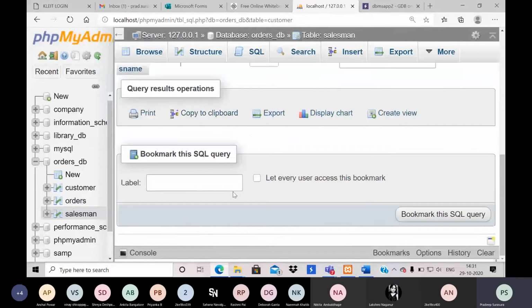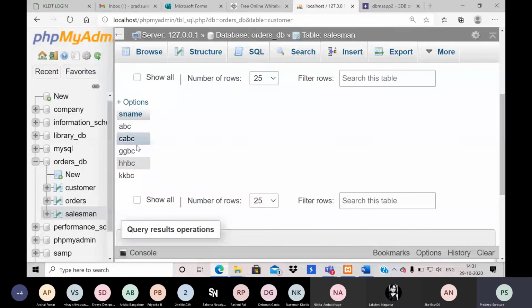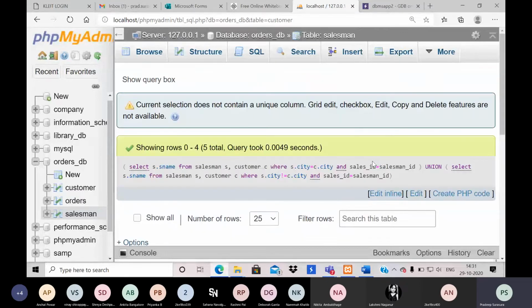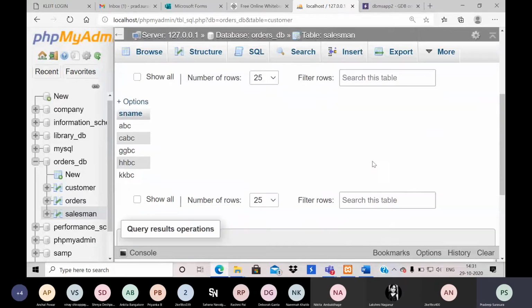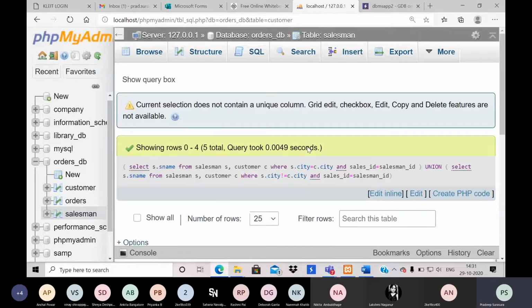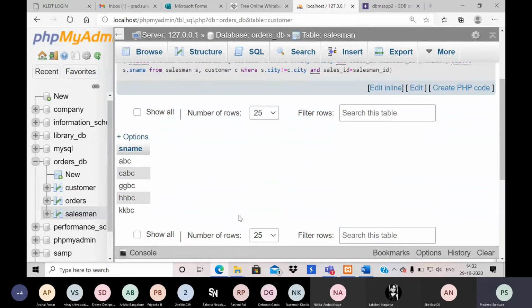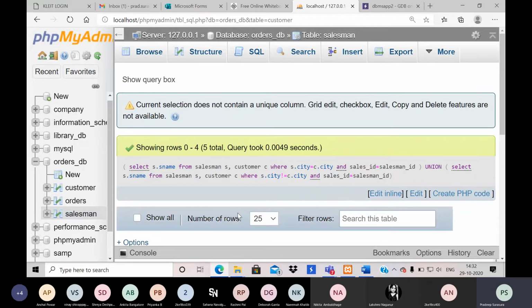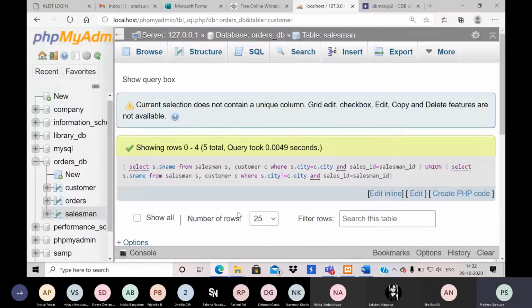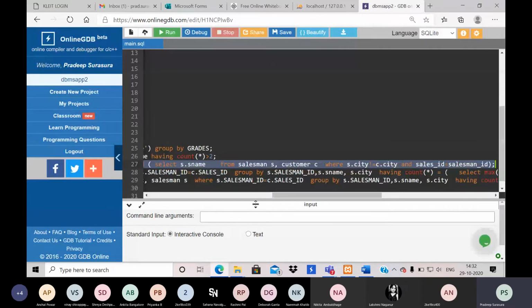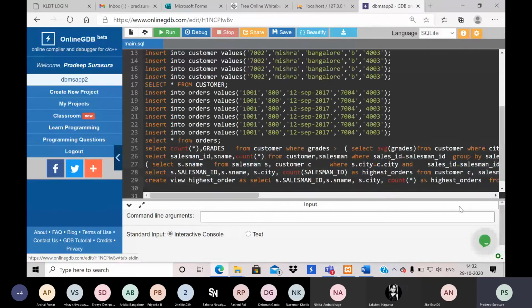Okay, the query result displays 5 rows. Just see, the duplicates are automatically eliminated and displayed. Some options may be with respect to the same place, some with respect to the other place. Okay, that's the fourth query.